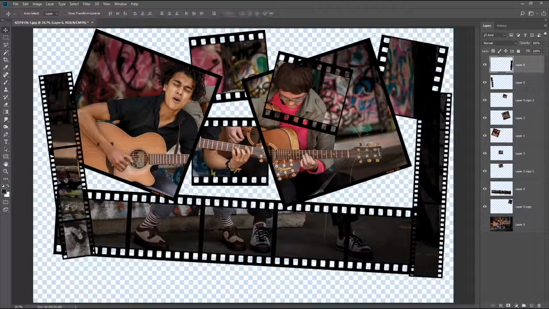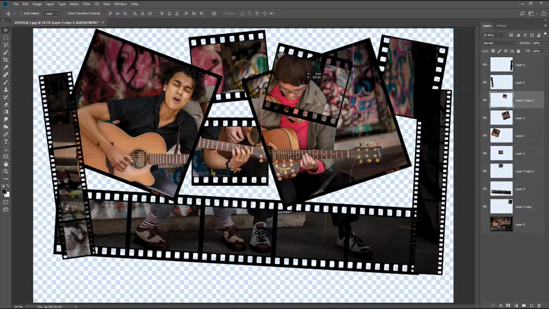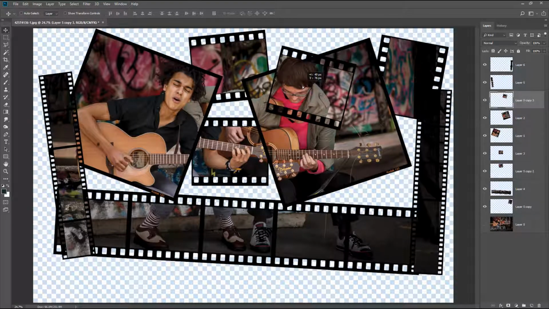It does give me the opportunity to just, whoops, I've got the wrong one selected, this one here. It does give me the opportunity to move it up a little bit, perhaps just for creative reasons. Now I've turned the background layer off because I'm feeling just a little cramped in here at the moment. So I think what I'll do next is to create a little more space with my